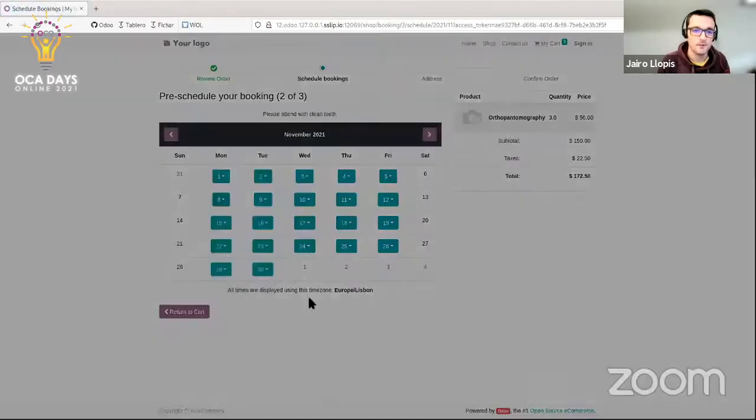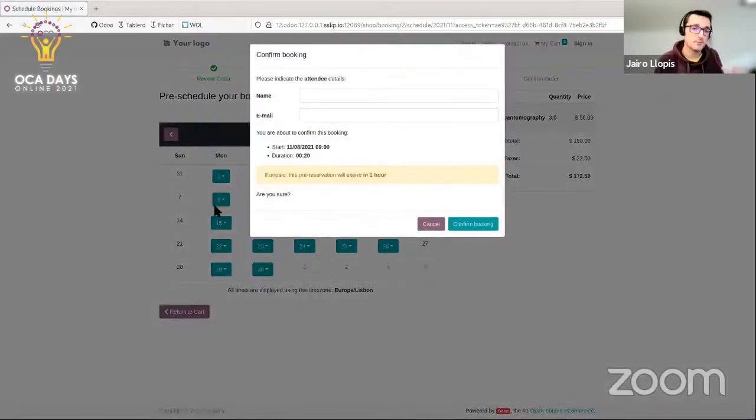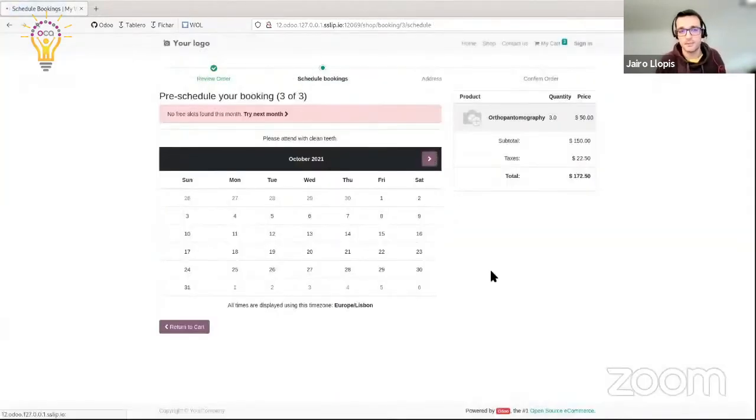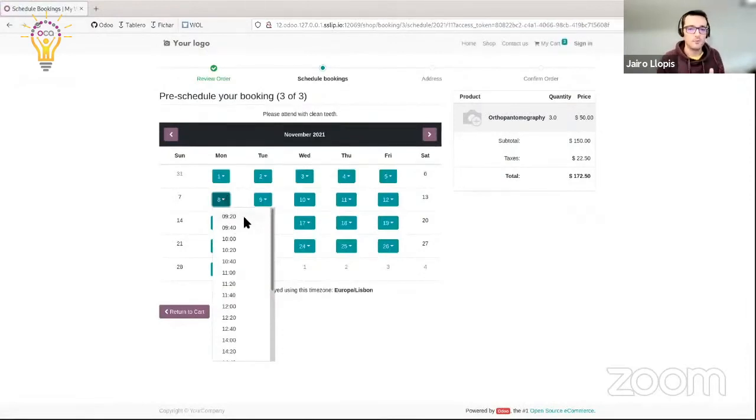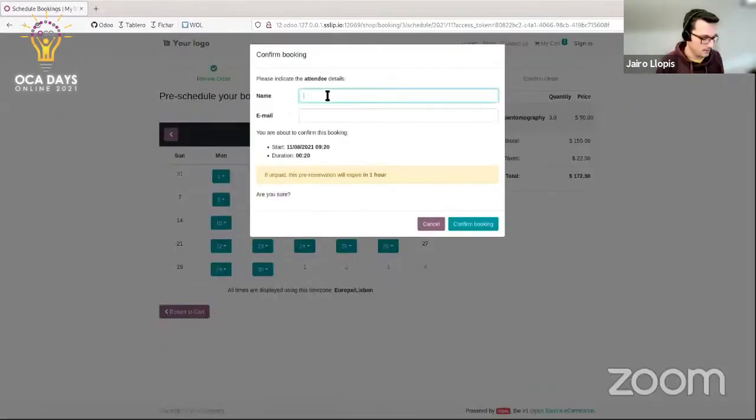Okay. Again, at 9, since we have 2 persons available, we can book 2. Okay. And person B this time. This is the attendee details. It's different from, for instance, the invoicing details. Right now at 9, there's no more room, so it must be at 9:20. Of course, I'm C